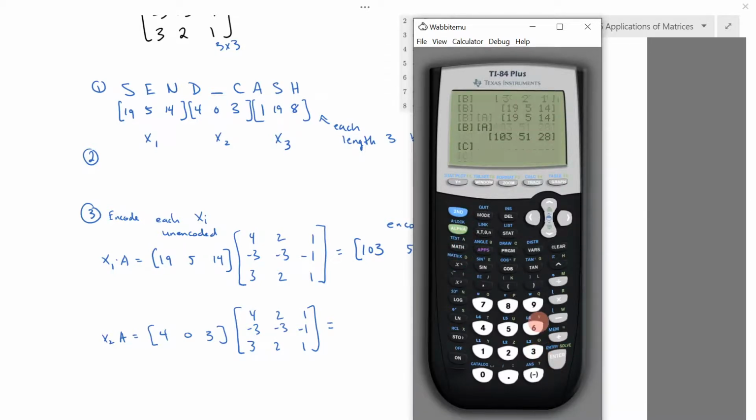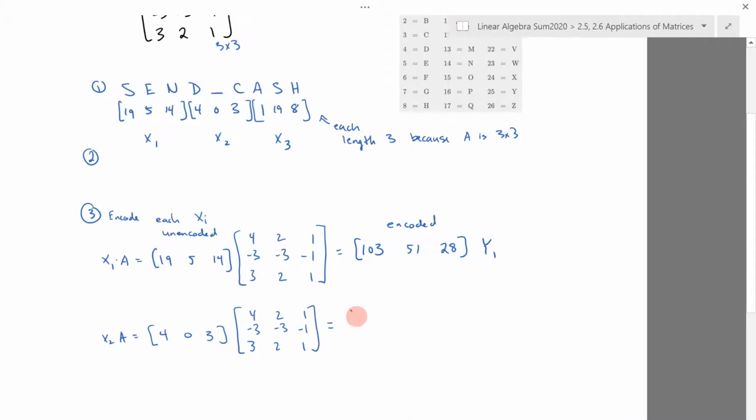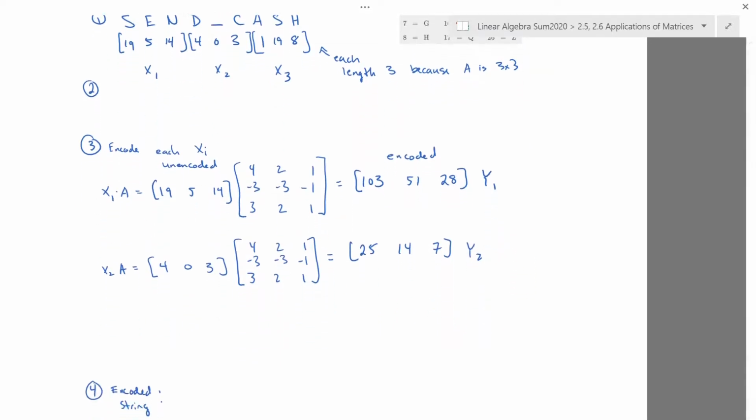So I've put this one in C, right? So 4, 0, 3, that's the vector I'm trying to multiply. So C on the left, A on the right, gives me 25, 14, 7. Okay, so that's y2. And finally,